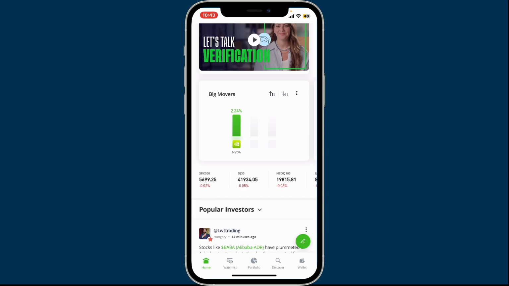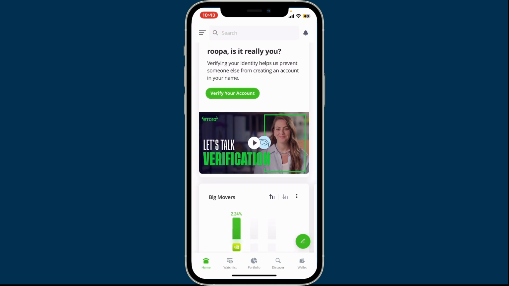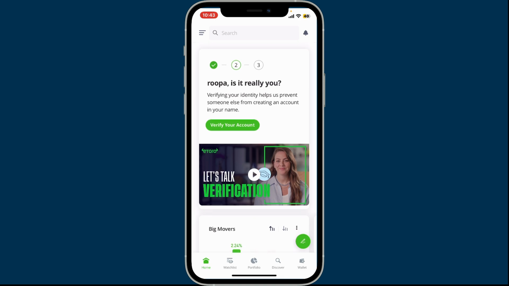In today's episode, we will be learning whether we can find an account number on eToro or not. If you are looking for a way to find your account number on eToro, then first of all, let me tell you that there is no particular account number within your eToro platform. But instead, you can find a username on eToro, which can be used for verifying your identity or interacting with